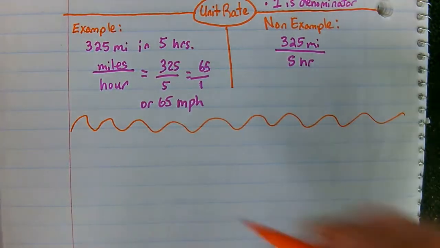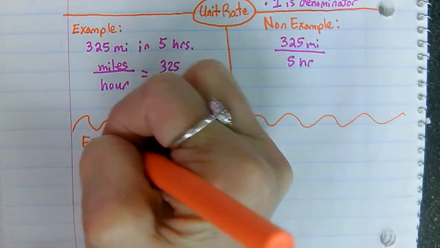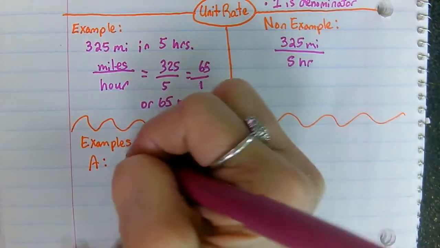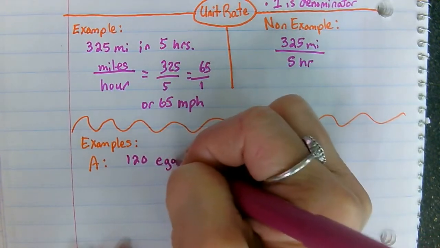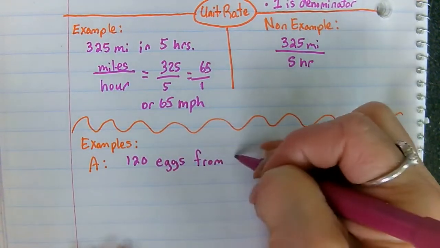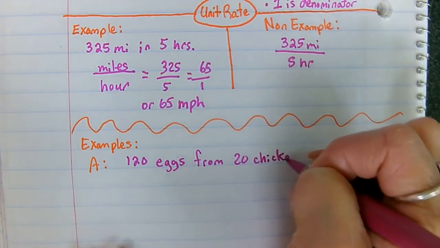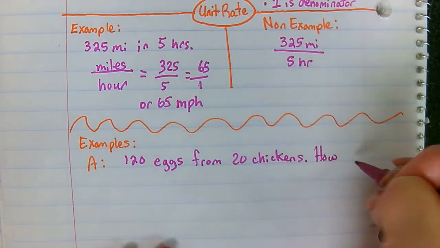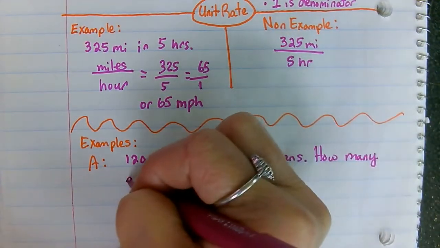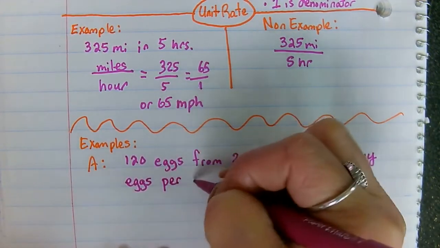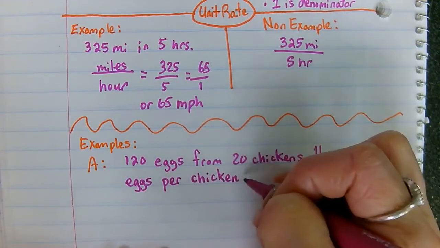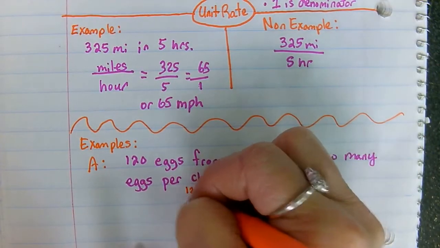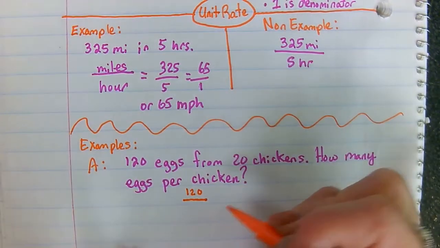And we'll start with examples. Let's start with example A and write this out. Let's say you have 120 eggs from 20 chickens. Alright? How many eggs per chicken? Remember that per can be the fraction bar. So we will start by writing 120 over 20,